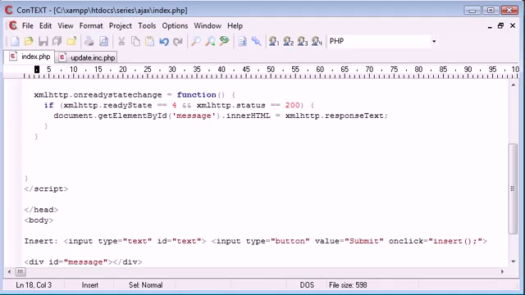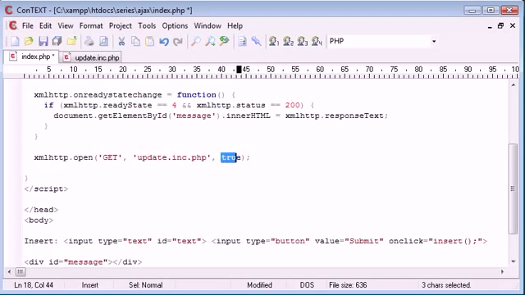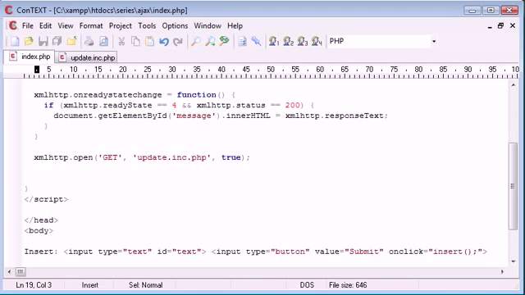Now if you watched the other tutorials, you'll see that we've used XML HTTP.open, and then we've supplied 3 parameters. Don't forget the semicolon at the end. The first parameter was get, the next was the file, so this was update.inc.php, and then it was true because we're sending the data asynchronously, so we need to set this to true. It's actually true by default, but I tend to put it in anyway, just for my own peace of mind. So now we say XML